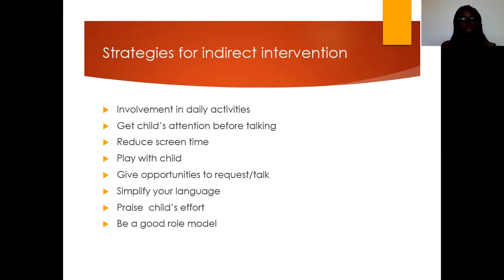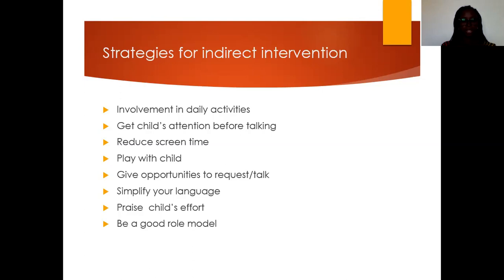So what we need is rather more human interaction. We have to be able to play with them as well. Play is very important. Once you play with them, you are introducing language. You'll be talking about what you are doing, and then you're all enjoying it.